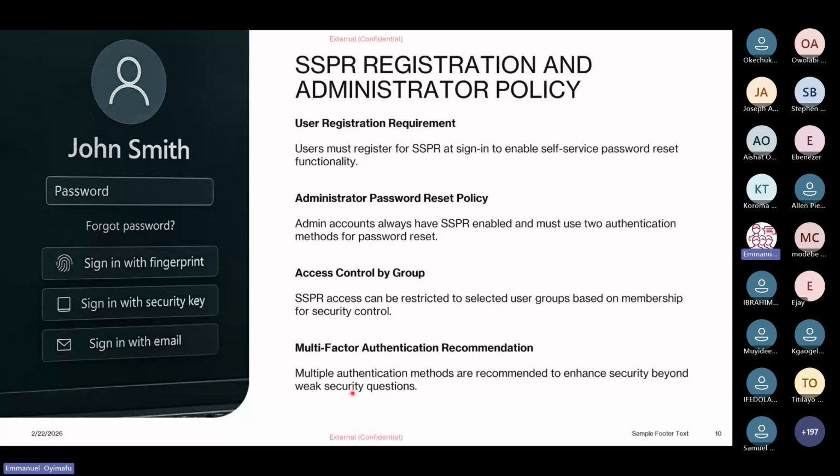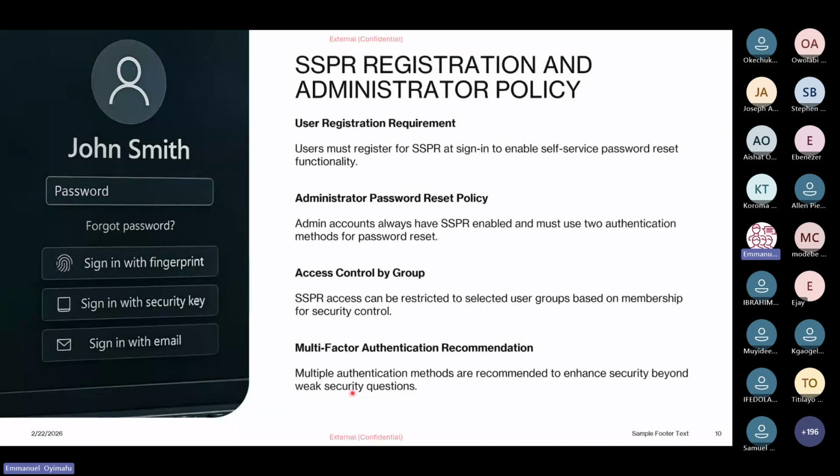Maybe the person can even ask me before that time, Oyimafu, what is your best food? And I tell him, my best food is this. What is your best color? My best color is this. In that case, the person is trying to school me because they know what they want to do. So that is why sometimes all these things are very important. We need to ensure that we use multi-factor authentication in setting up SSPR aside from security questions.